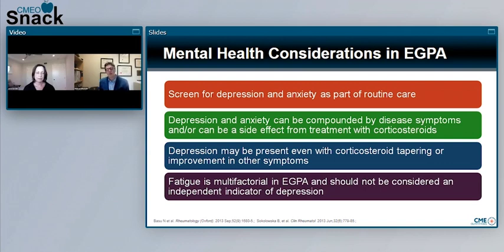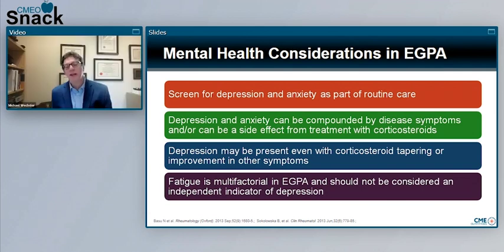It's such an important piece of this overall patient management program. You need to have a good specialist who's going to help you address some of those mental health needs, on top of your other providers who may not necessarily feel comfortable in dealing with a lot of those components. But I think recognizing that this is an issue, both due to the disease as well as due to the medications that we put patients on.